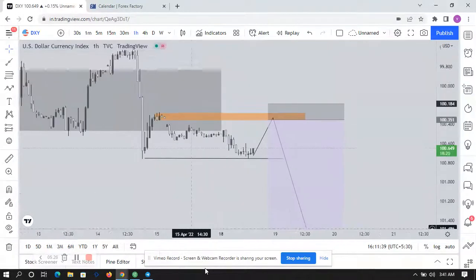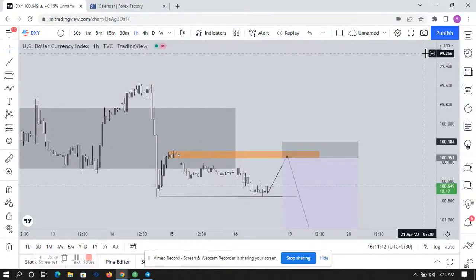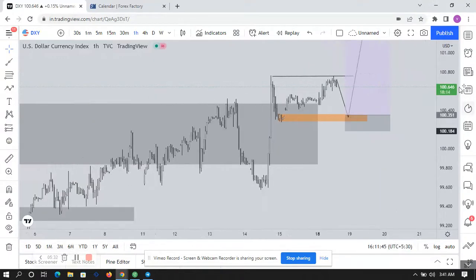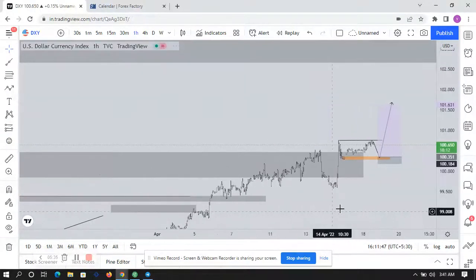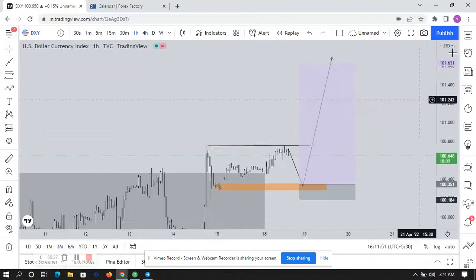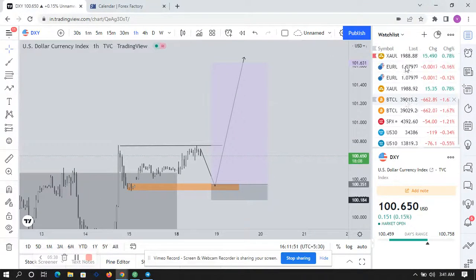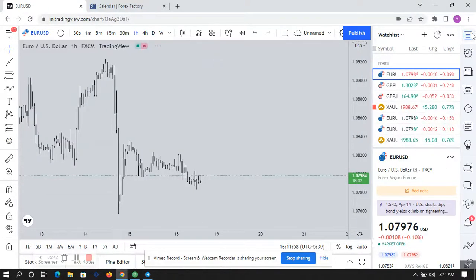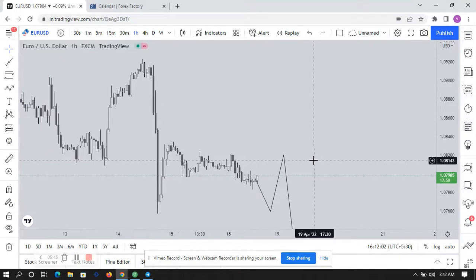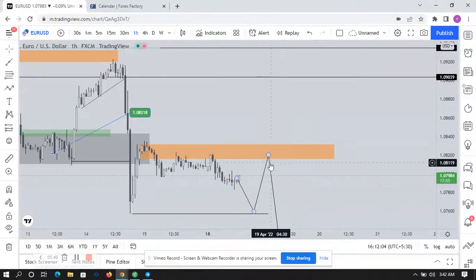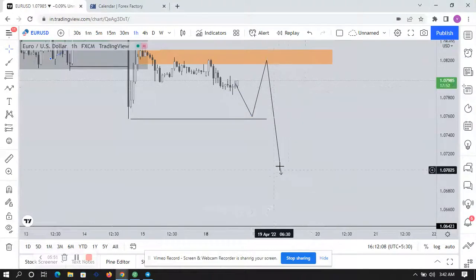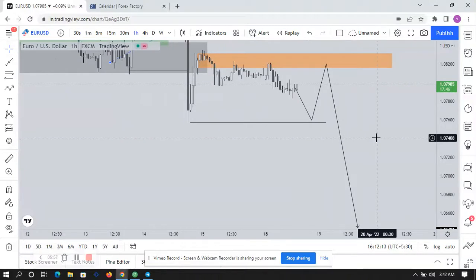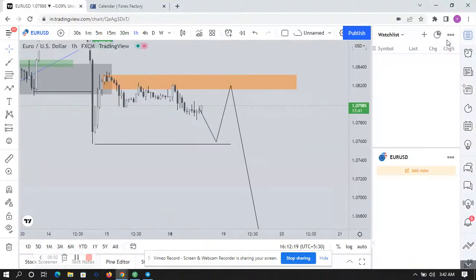All right, so just look at the chart very well, right? Let's check Euro USD. Now you can see that we have almost the same thing going on on Euro USD as well. You can see that the price is also moving in on where we are originally looking for a short, although in DXY it is a sell. So you can use that to add more confidence to your entries and confirmation. That will be my projection on Euro USD.